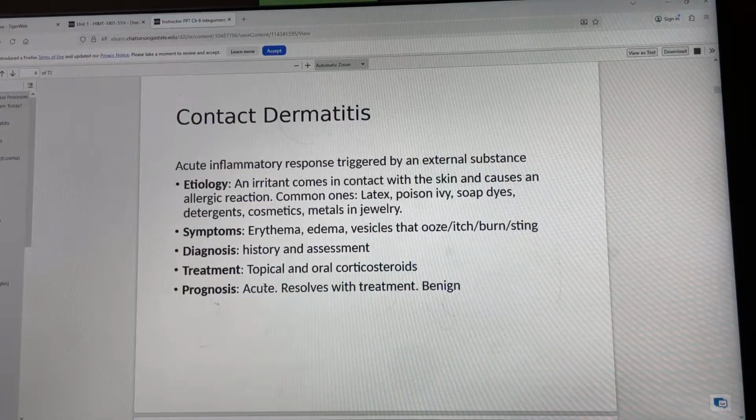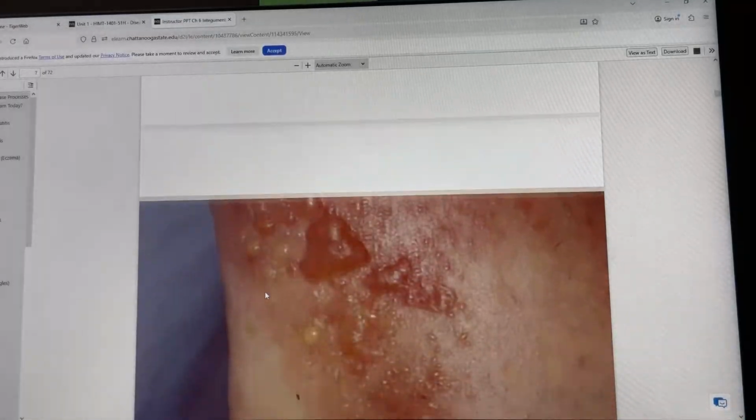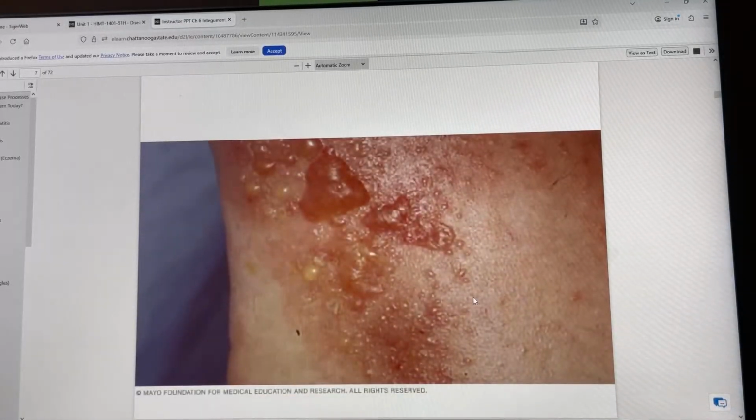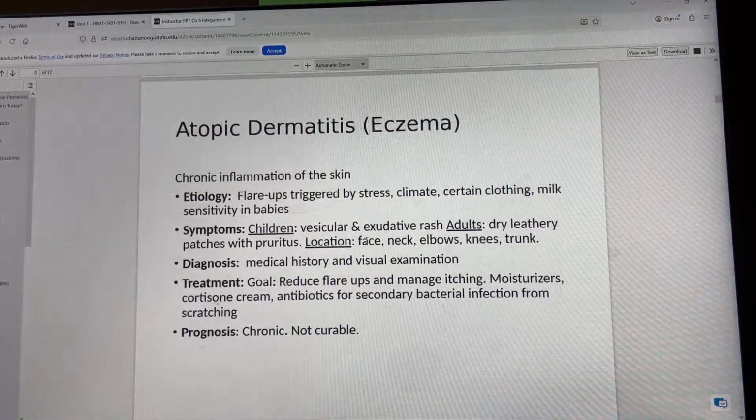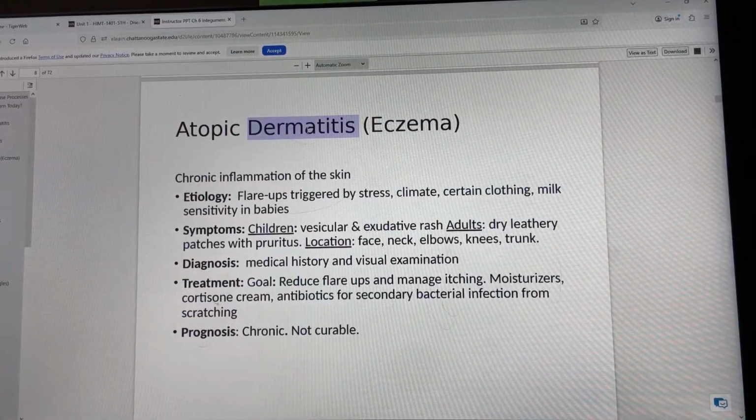It comes on, it resolves, and here's a picture of what a contact dermatitis might look like. I've had this before with poison ivy, real bad. It's like the worst feeling ever. All right, and then we have our last type of dermatitis, which is called atopic dermatitis,